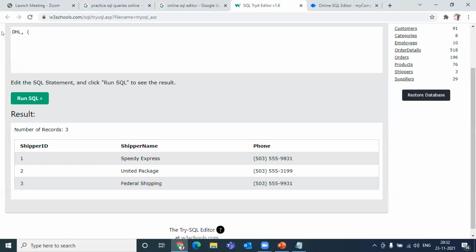Phone number, you can take it as 503. Everybody please try this: 555-9921-0821. This record should be inserted into this table. Please try this at your end first before sending the answer. Please try. Okay, good. In a very short span, I've got some answers. Good. Insert into shippers values, DHL and the values.